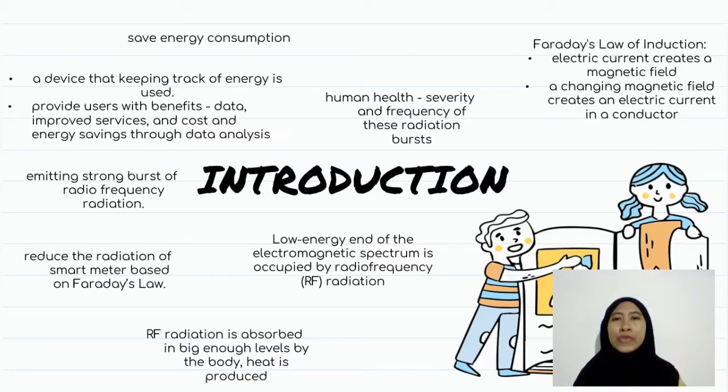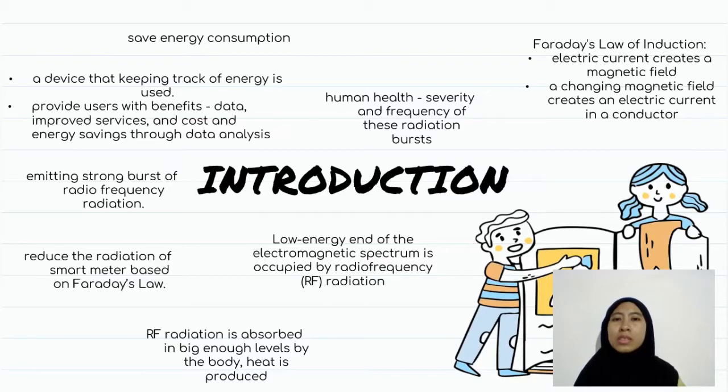Metric number C200007. For the introduction of our project, the device that we use is a smart meter. It is popular among households because it can help to save energy consumption. A smart meter is a device that keeps track of how much energy is used in every resident and house. According to utility providers, it provides users with benefits such as more data, improved services and cost, and energy saving